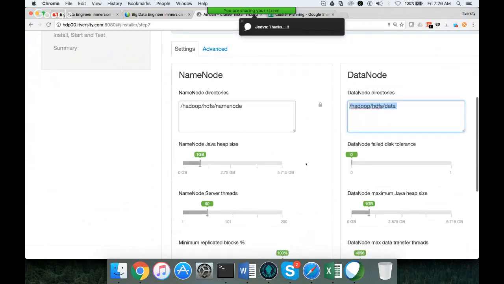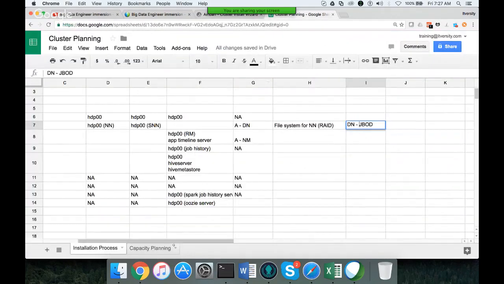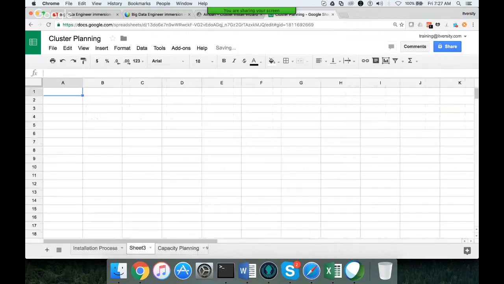Okay, so that covers the storage part, and then the CPU and memory. CPU and memory is the one which will actually determine the capacity of your data processing. Okay, so here I am again trying to do some planning here. Let me add new tab, memory tuning or memory configuration